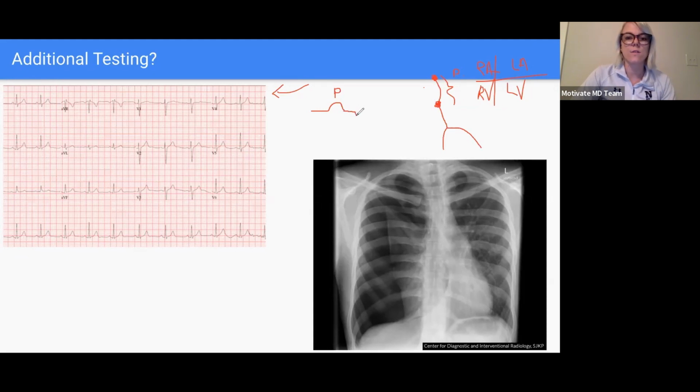Then we have a little bit of a Q wave. There's an R, S. Okay, then we kind of come back to baseline normally. And then there's a T wave. Okay, so this is called the QRS complex. QRS. And what the QRS is, is kind of the ventricles depolarizing.